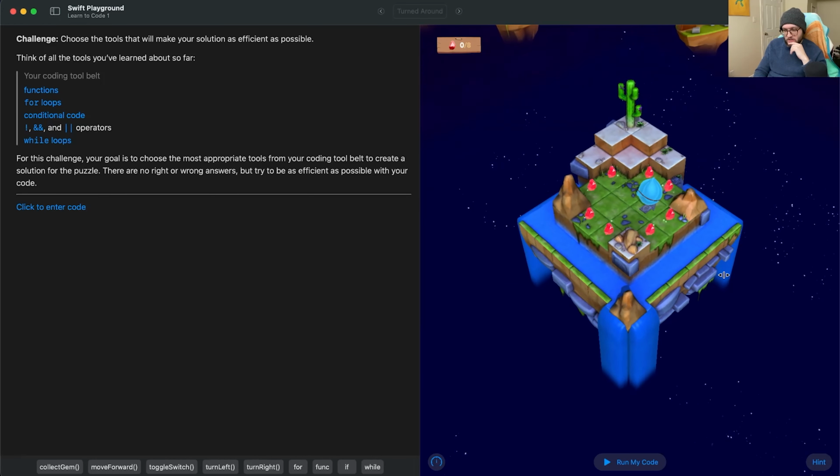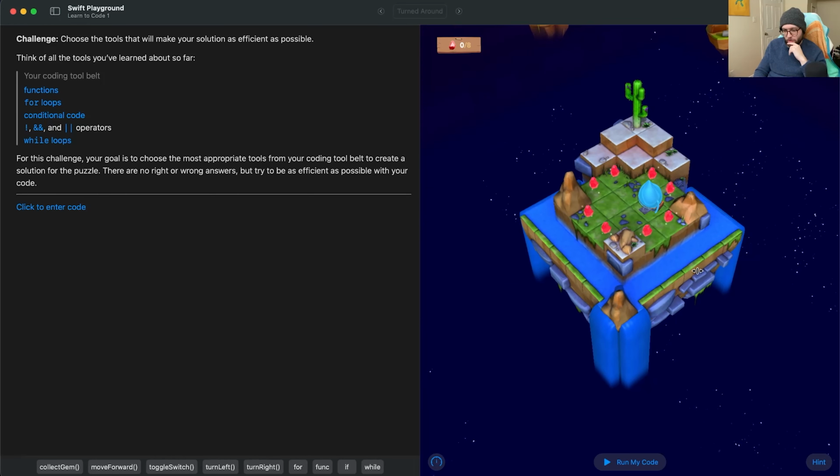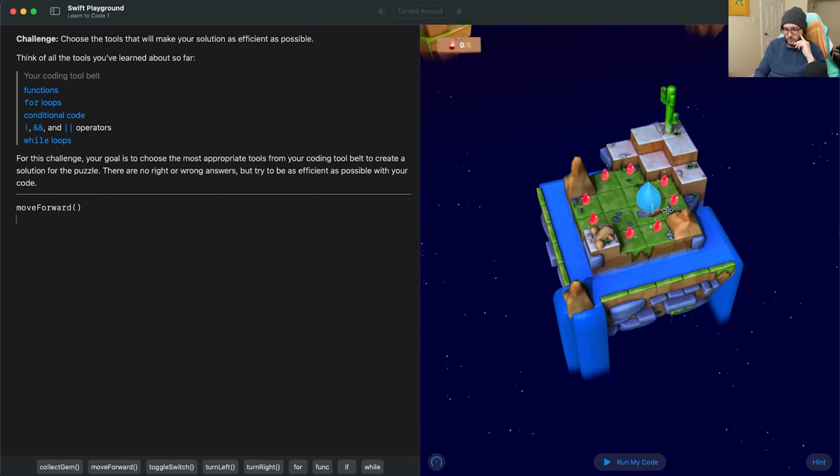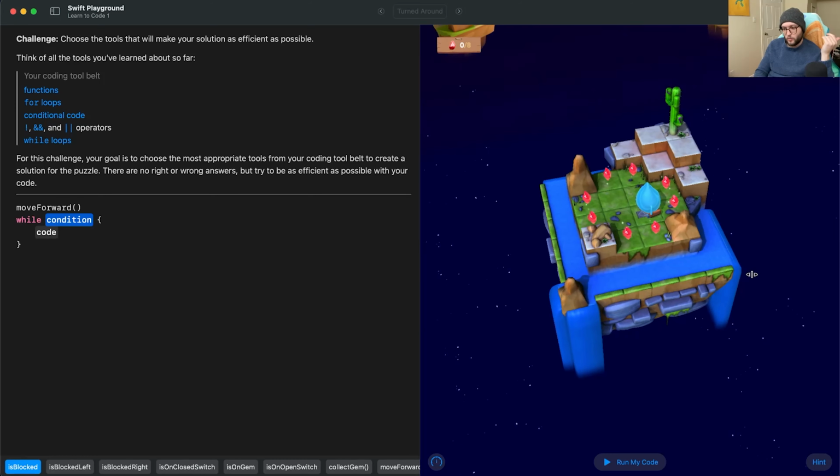So we have this pattern of gems that we are in the middle of. Well, the first thing I notice we need to do is definitely move forward. And then we're going to be under this gem. And I think this is where our pattern really starts. So I'm going to create a while loop. And for my condition, I want it to be like, okay,